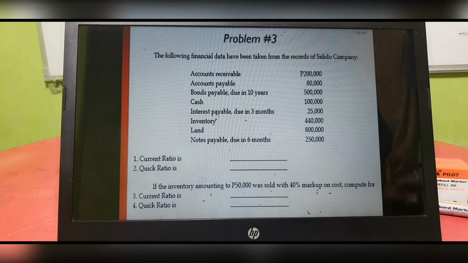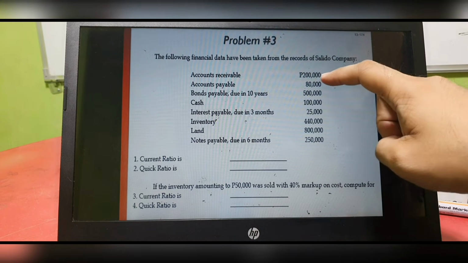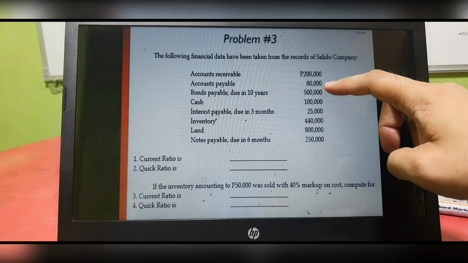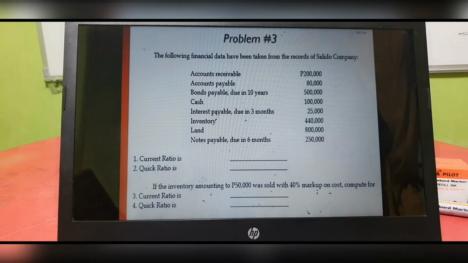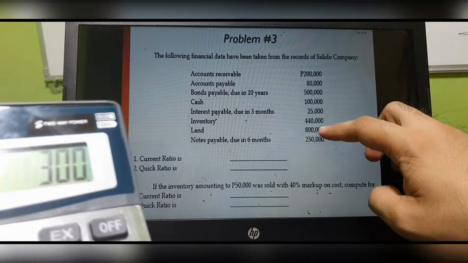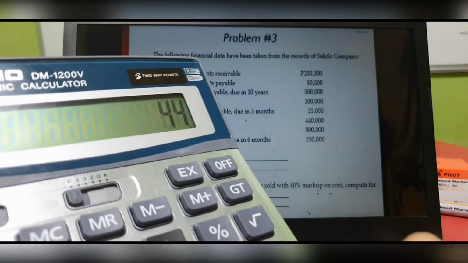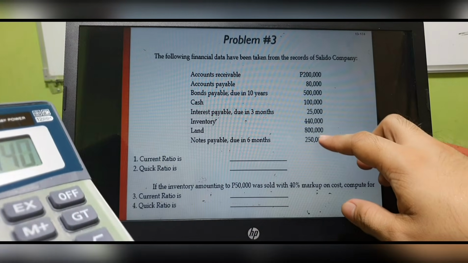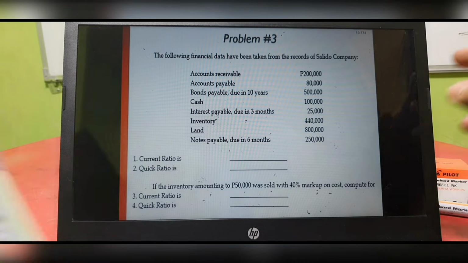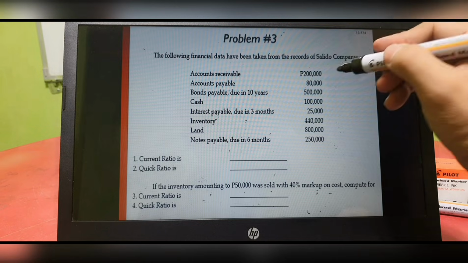Identify natin ano-ano yung mga current assets natin. So, 200,000 na current asset. And then, cash na 100,000. Plus 100. Plus your inventory of 440